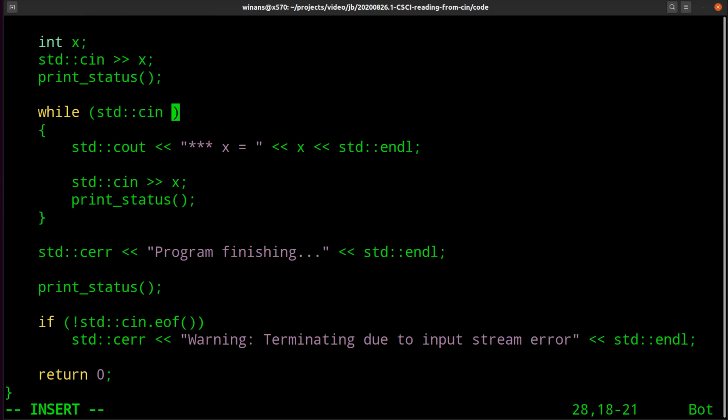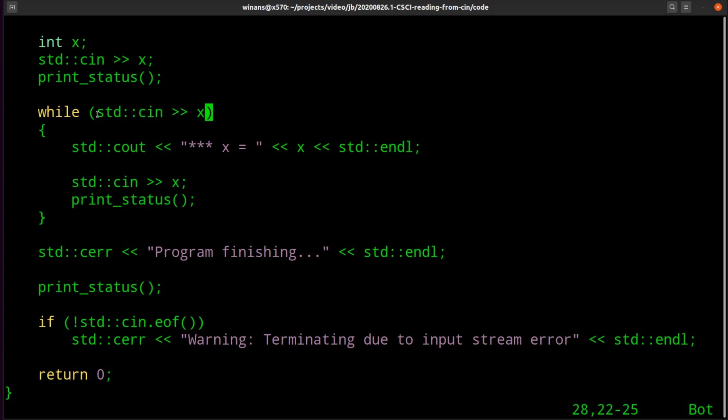Whenever we use the extraction operator, it turns out that the value of this entire extraction operation is the value itself of the cin, or the input stream object itself.